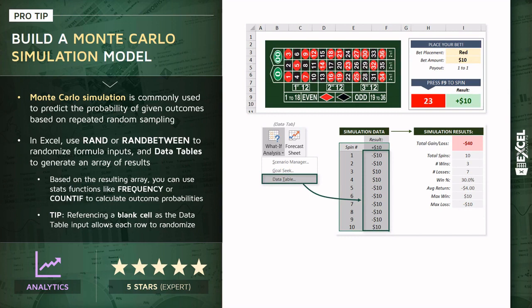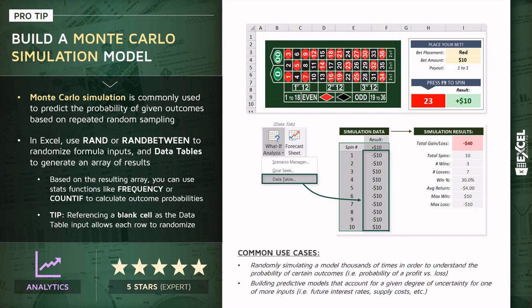Now, obviously we're using this to kind of create something fun and interesting, but there are a number of very serious, very realistic use cases where this could come into play. For one, randomly simulating a business model thousands of times in order to understand the probability of something like a profit versus a loss. Or to build on that, creating predictive models that actually can account for a given degree of uncertainty for one or more model inputs, like what interest rates will do in the future or how supply costs will change. So this is an incredibly powerful